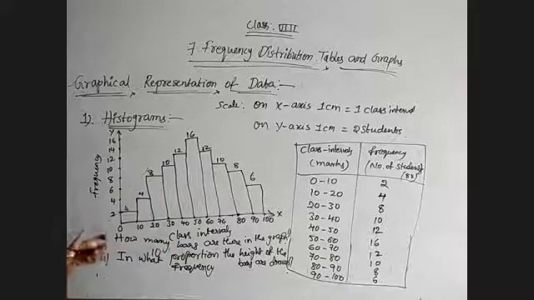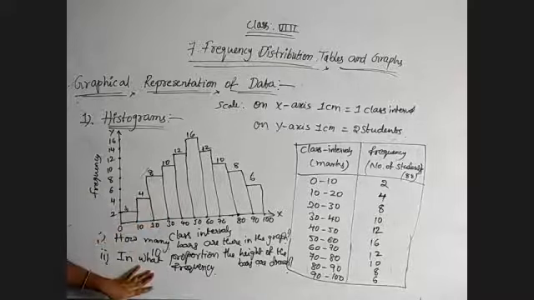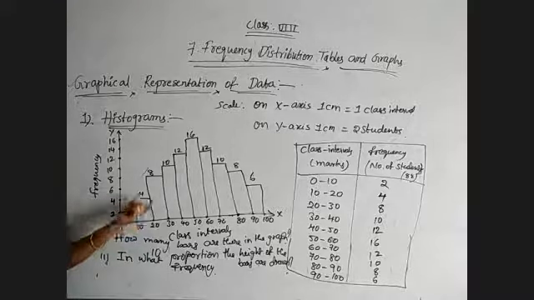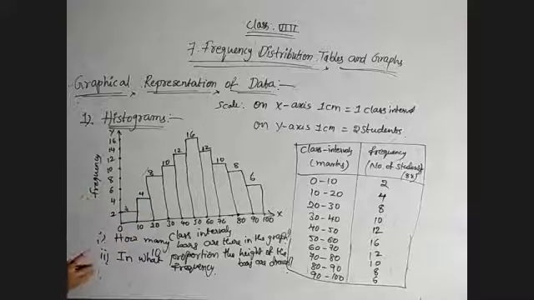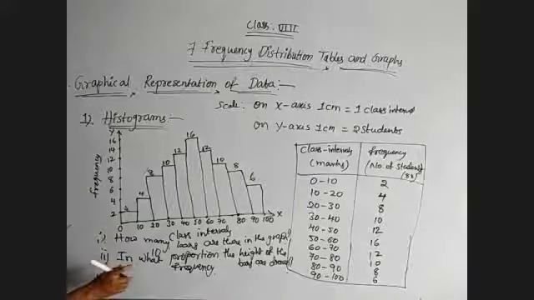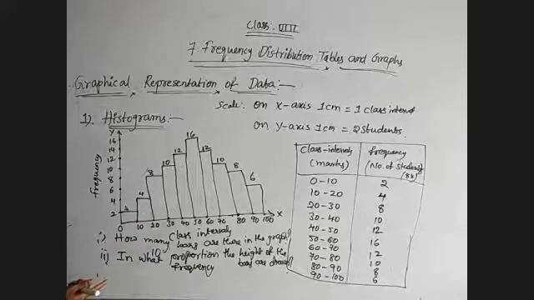Okay, here the first question given is, how many bars are shown in the graph? A total of 10 bars are shown. And in what proportion is the height of the bars changing? That depends on frequency only. The height of the bars changes depending on the number of students. Next, the third question: why is the width of the bars equal? They are asking because for this question the class size is the same, but in some questions we will not get the same class size. Here the length of each class is the same. That's why we are getting equal width.